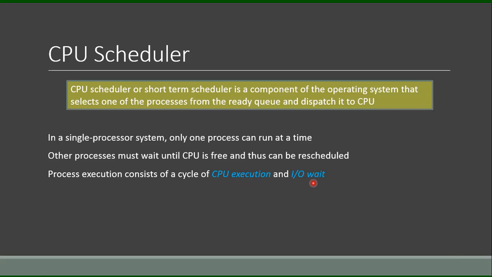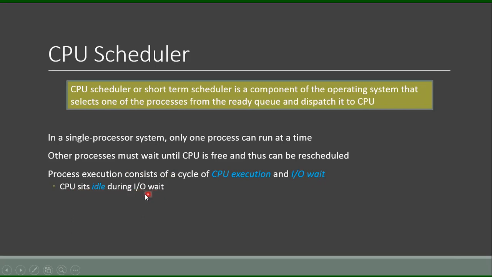The CPU cannot execute the process because the process has issued an IO request, and until this IO request has been completed, the process must wait. The CPU will not be able to execute this process any further until the completion of the IO operation. Hence, the CPU sits idle during the IO wait stage.